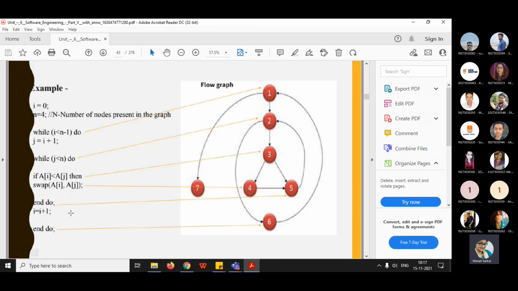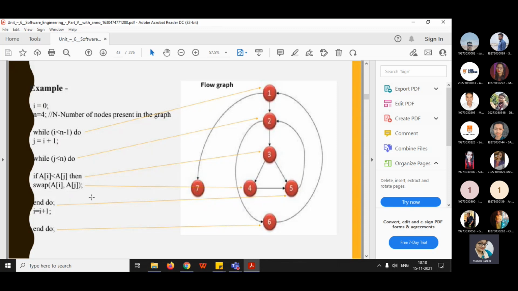Now if this is done, then we are ending the loop, so that's end do. We put it in node number 5. This loop will continue as long as the condition is true. If a[i] less than a[j], this condition 3 is true, then only it will execute statement 4, and after that it will move to statement 5. Otherwise, if condition 3 is not true, then it will directly move to node number 5. In this way it is working.